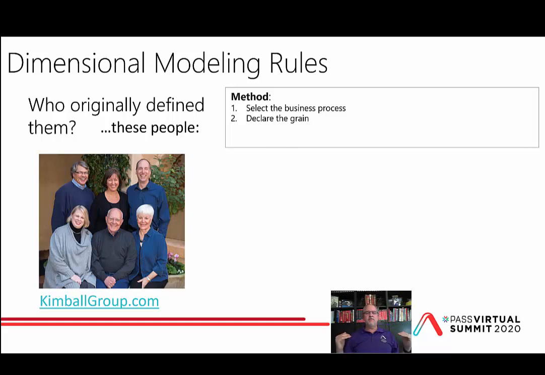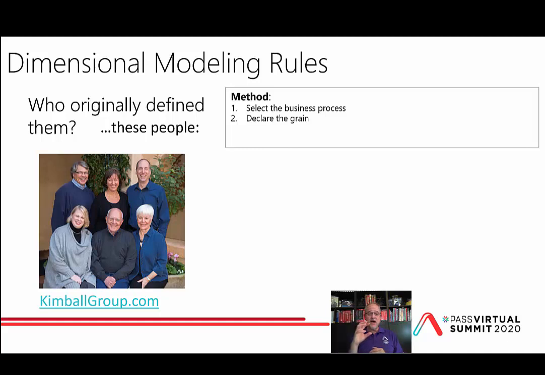The level of grain might be a date. Maybe it's just the month level. We don't need to go down to the day level, certainly not the hour or the minute. And so we declare the grain and we say month is good enough. We're going to save some storage and improve performance by storing data at a monthly level. Is it at the individual SKU, the individual production line of a product, or is the product ID good enough, the product name good enough? That's the grain. Maybe it's just the product category.